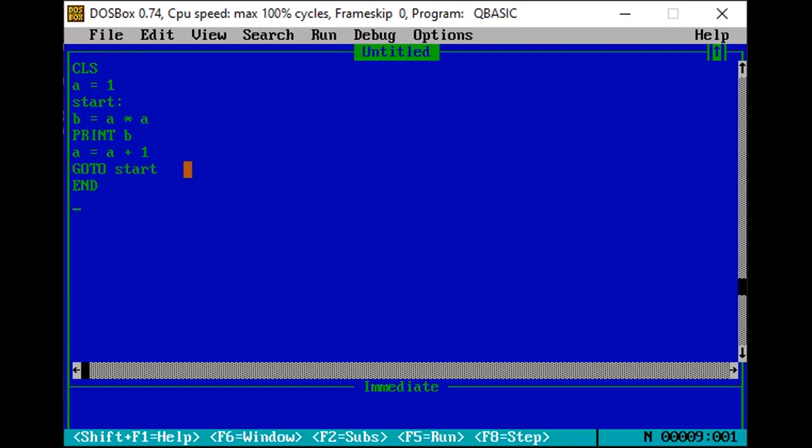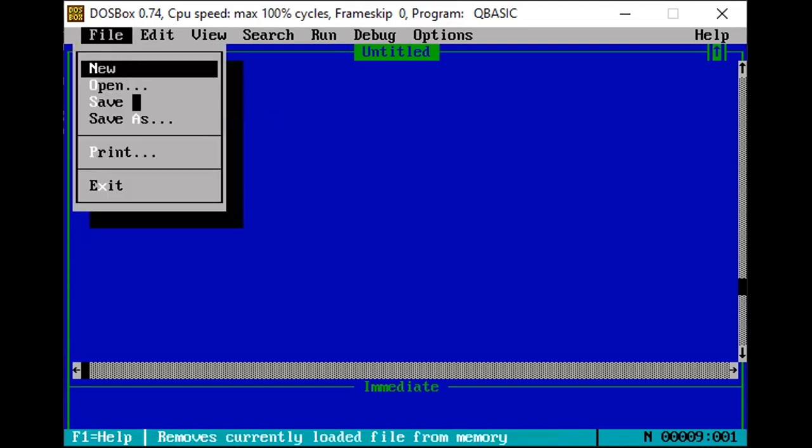Now what is this go to statement doing? Let me first show you the output of this program. After running this, let me save it.